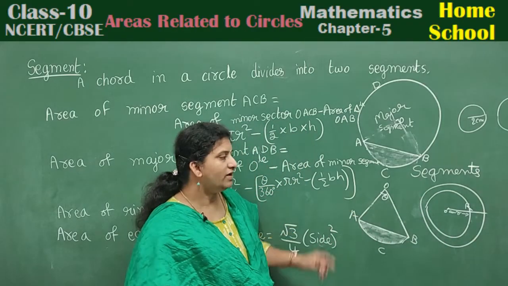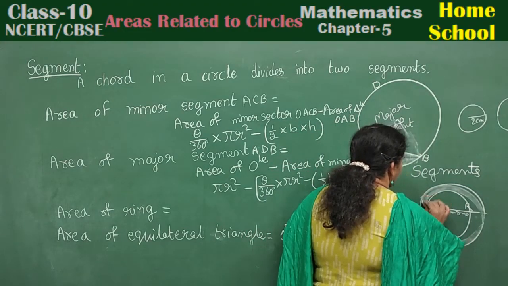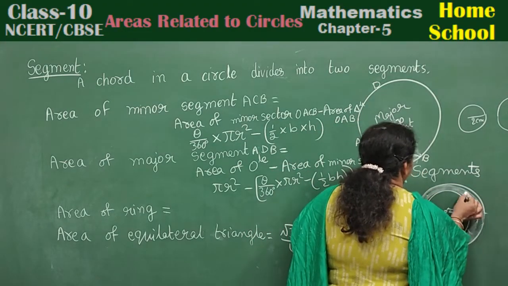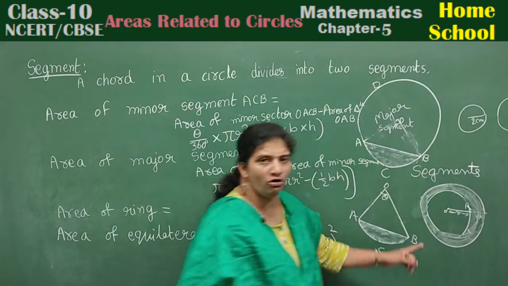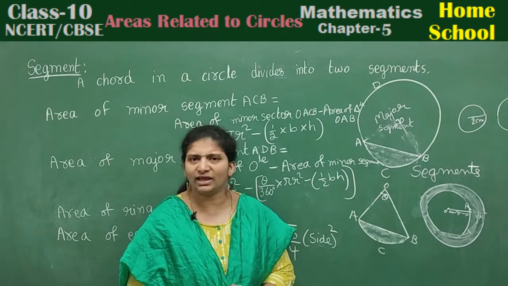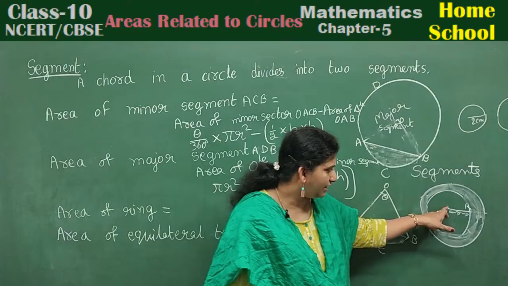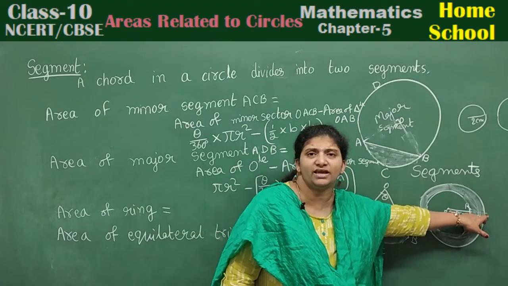Okay, now I need to find the area of this ring, children. Let's shade this region. I need to find the area of this shaded part. Area of a ring, how can I calculate? Let's observe the complete circle first. From center to circumference, what is the radius?